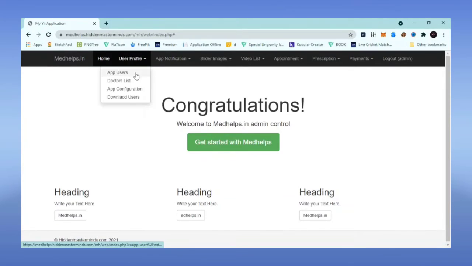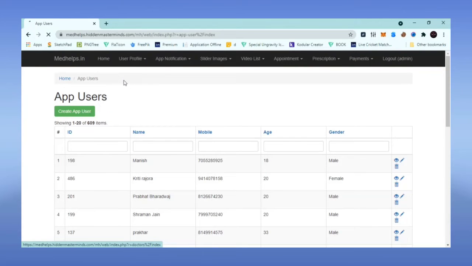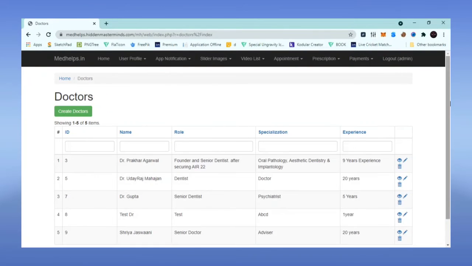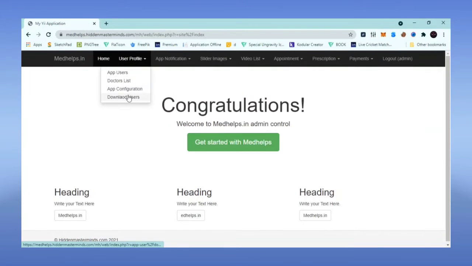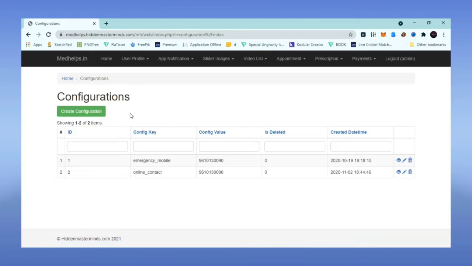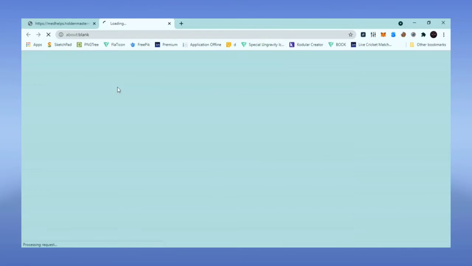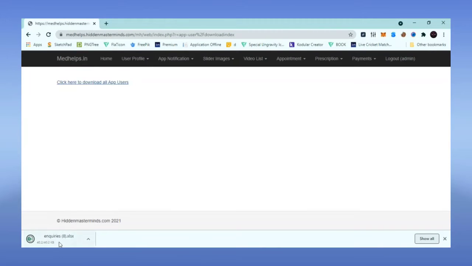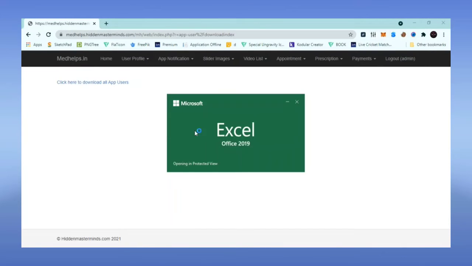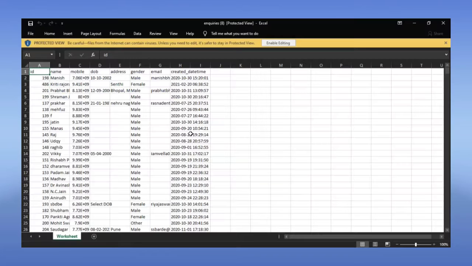So now let's get into the admin panel, which will be accessible by the doctor. Here in the app users, a doctor can check all the users who have signed into his application. Also in the doctor section he can change the data which will be visible to users in the list of doctors. Just click on this pen button and a doctor can easily update all the information about him, which will be visible on the app. Then there are the configurations where you can set the emergency numbers and appointment number, so that a user can get the information. Also from here you can extract the Excel sheet of all the users, so you can easily keep track of everything.